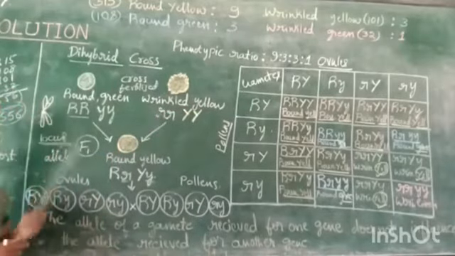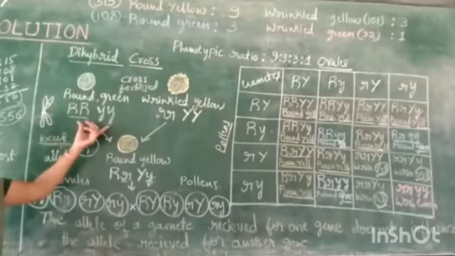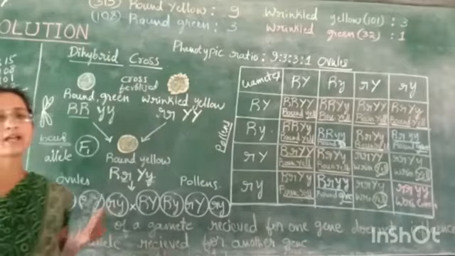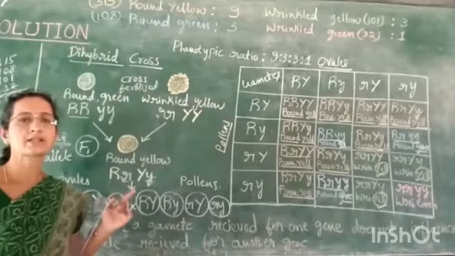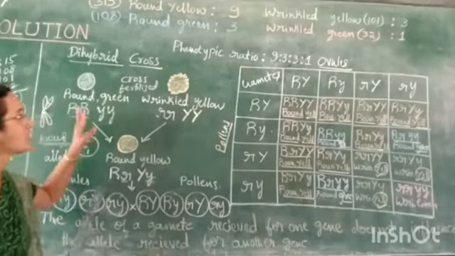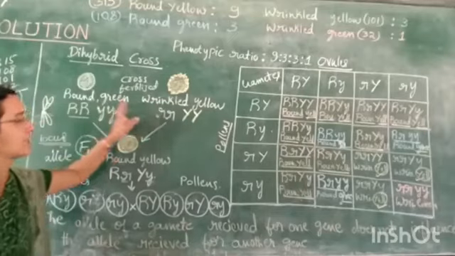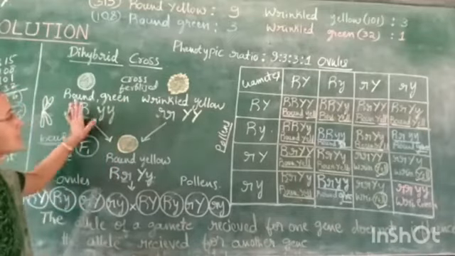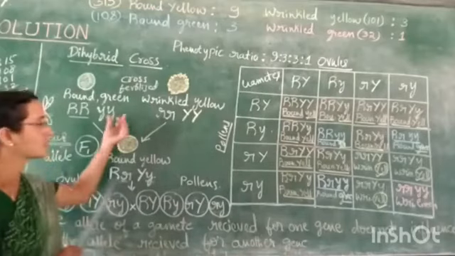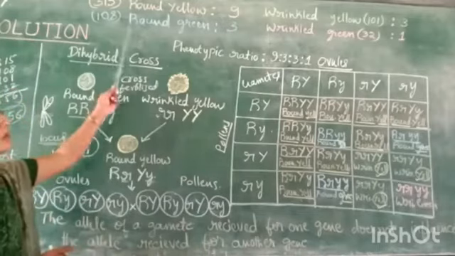When Mendel did the dihybrid cross, the plant had 2 characters. A plant has so many characters, but among all those, Mendel chose only 2. He considered the round and wrinkled nature of the seed, and the green and yellow color of the seed, and by observing these 2 characters in the plants, he obtained the ratio